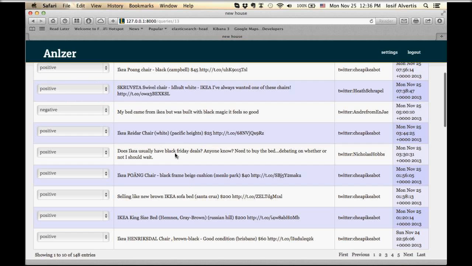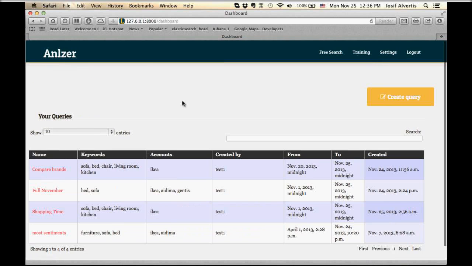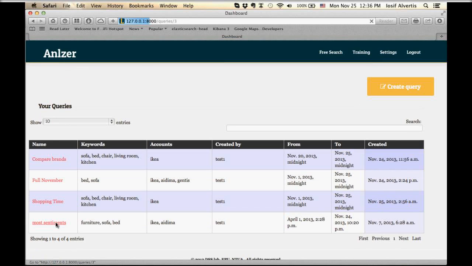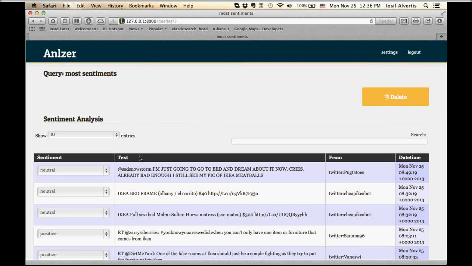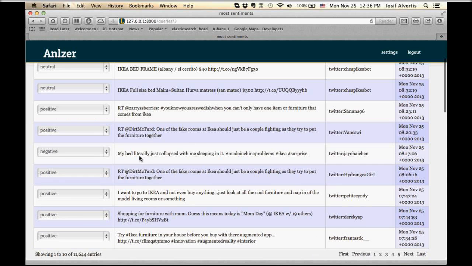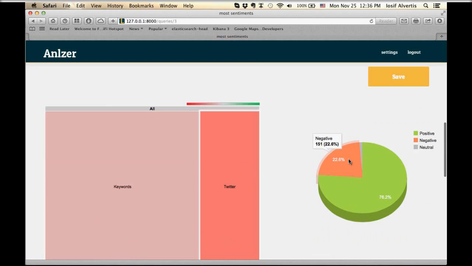If I don't want this query, I can show no more, and let me show you how it performs. If I have to get more data, it takes a bit longer. I have to query all the data on the back end. For example, here we have a bigger